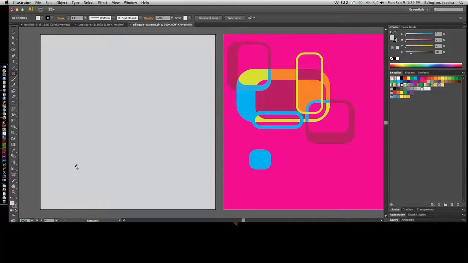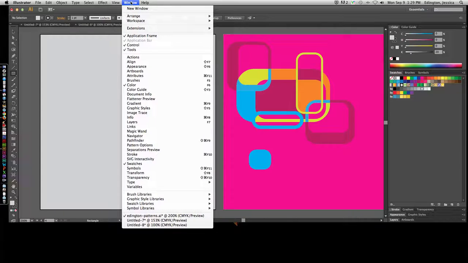One of the most basic concepts that you have to get used to in Illustrator is working with a fill and a stroke. Before we see what a fill and a stroke is, make sure that you have the color panel open and the swatches panel. If you don't know how to do that, then go up to the window menu and choose the color panel